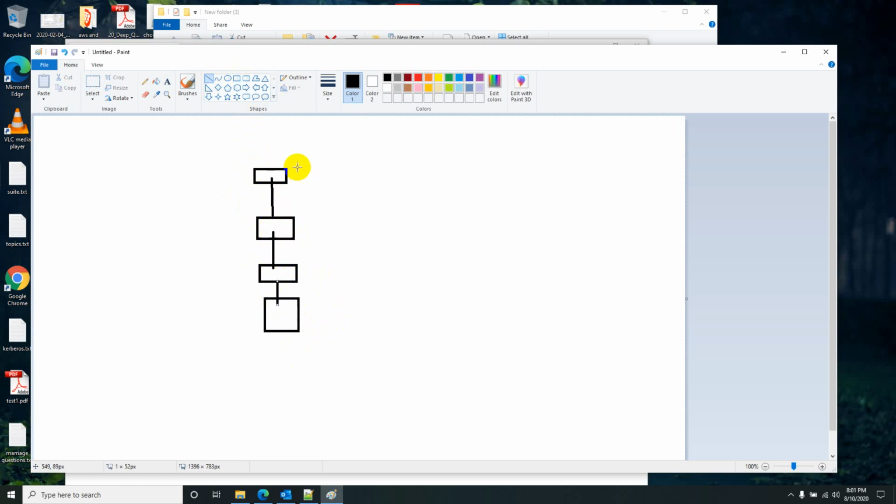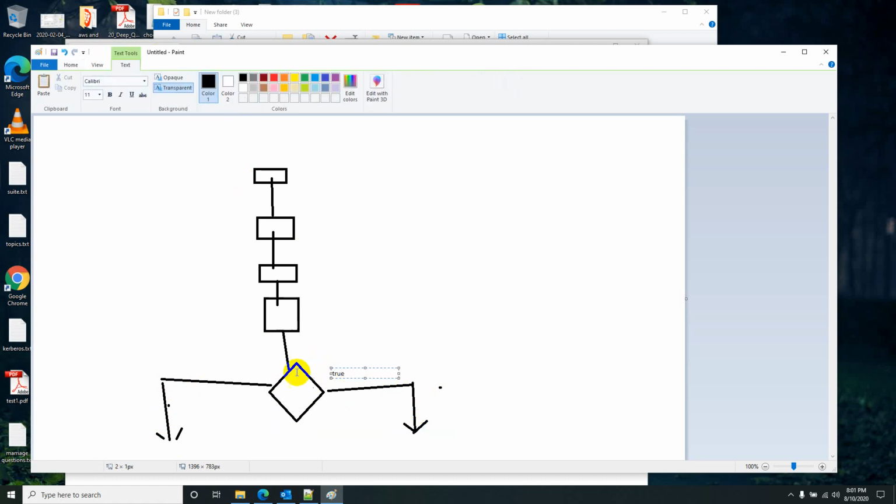In some cases, when we get a condition, if it is false we go in this direction, if it is true we go in this direction, right? So this is a single decision.